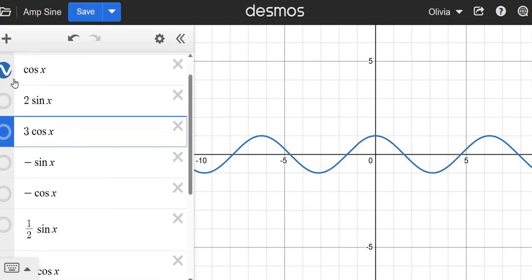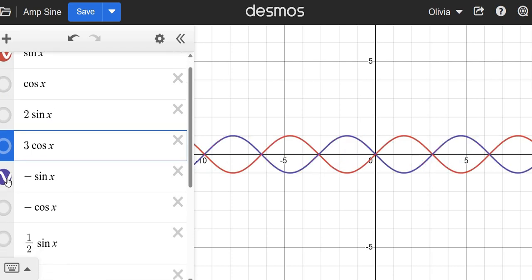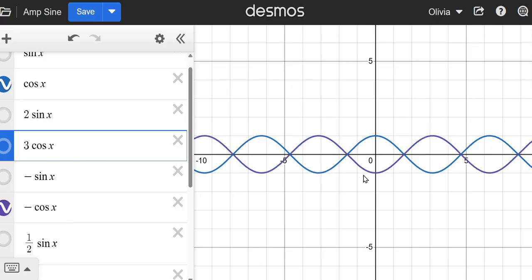Now, if we happen to multiply by a negative, hopefully we recall from when we did our transformations before that that is going to reflect our graph vertically. So normally our red graph is our parent graph. So normally we go up first and then down. Whereas now we're going down first because we have basically flipped this red graph across my x-axis. The same is true for our cosine. So notice that our cosine has been reflected. So this is our reflection. Normally we start up at a maximum for our parent graph, but for our reflected graph, we're going to start